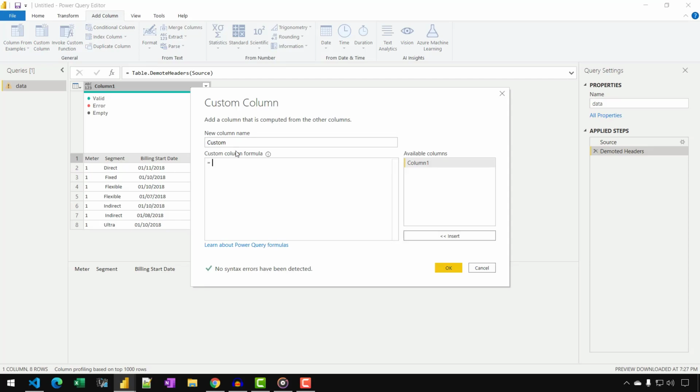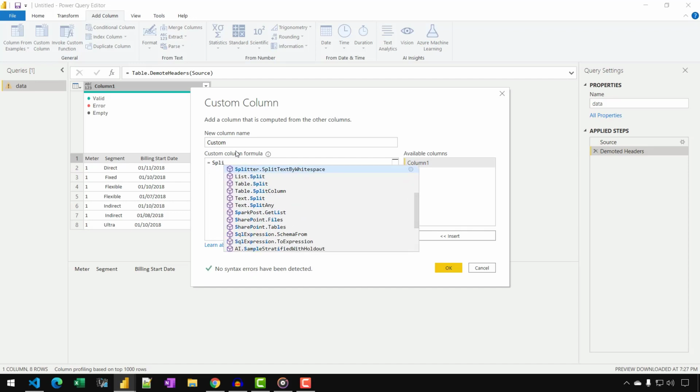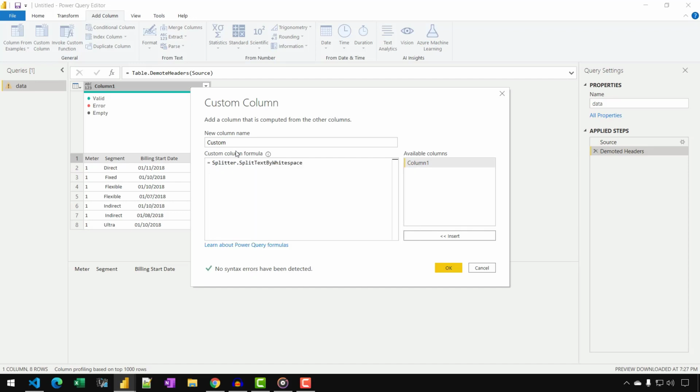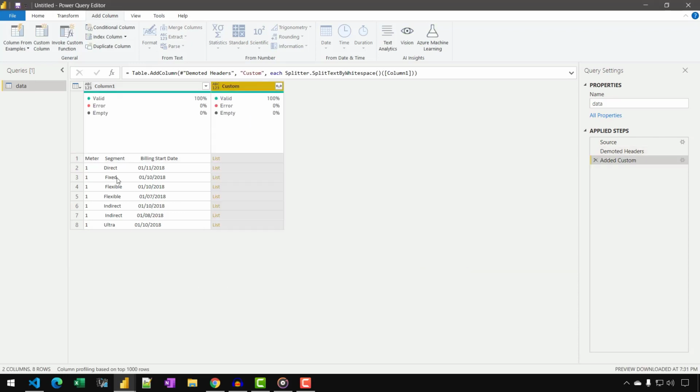I'm going to write Splitter.SplitTextByWhitespace, open and close the parentheses, then open another pair of parentheses and pass Column1 as the argument, and then close the parentheses again. If I click OK, you will see that we have a new column which contains a list, and this list contains all of those values that have been split by the space.